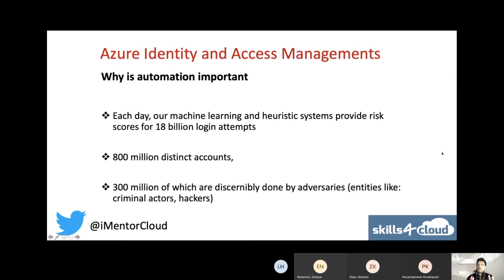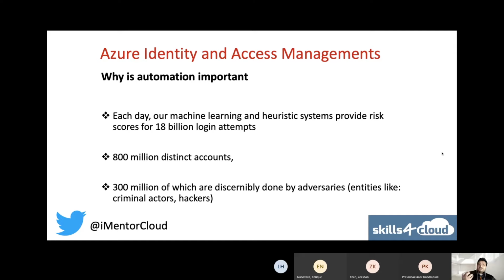So again, part of the background of why automation is important. When we say cloud is going toward automation, whichever area of cloud, machine deployment, VM, software deployment, you name it, the same applies to security and even more, because as I said before, your line of defense in your data center is your firewall. When it goes to the cloud, your line of defense is your identity. And if you do not protect identity, you're done.